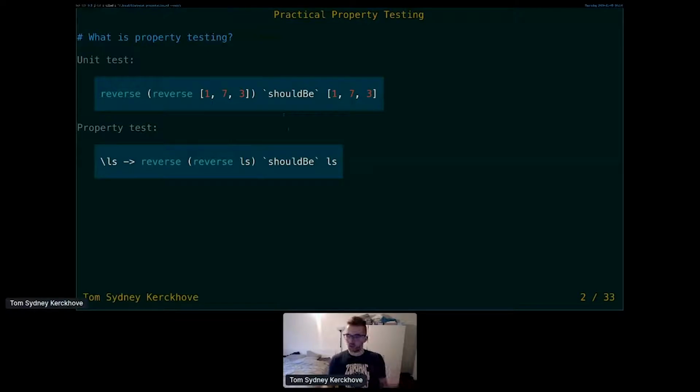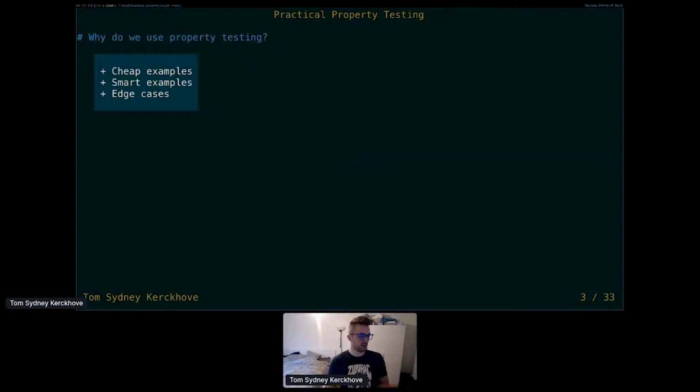So this should explain what property testing is. Now, why would you do this in the first place? Well, when you're writing unit tests, you have to come up with these examples. That's tedious, it's not fun, people don't like to do it. And with property testing, you basically get them for free because the generator will generate it for you. You also get smarter examples because the generators will come up with examples that you wouldn't have thought of. And in that case, you also test the edge cases of your function automatically because the generator will most likely